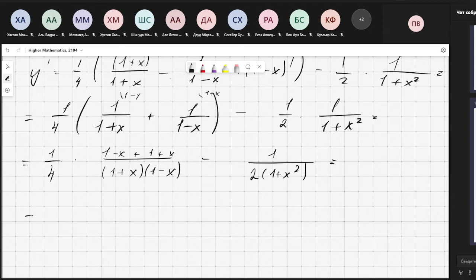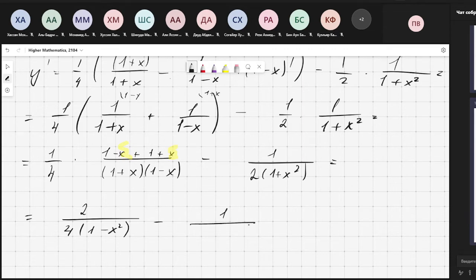Delete. 1 plus 1 is 2. 2 over 4. In the denominator we can see the difference of squares, 1 minus x squared